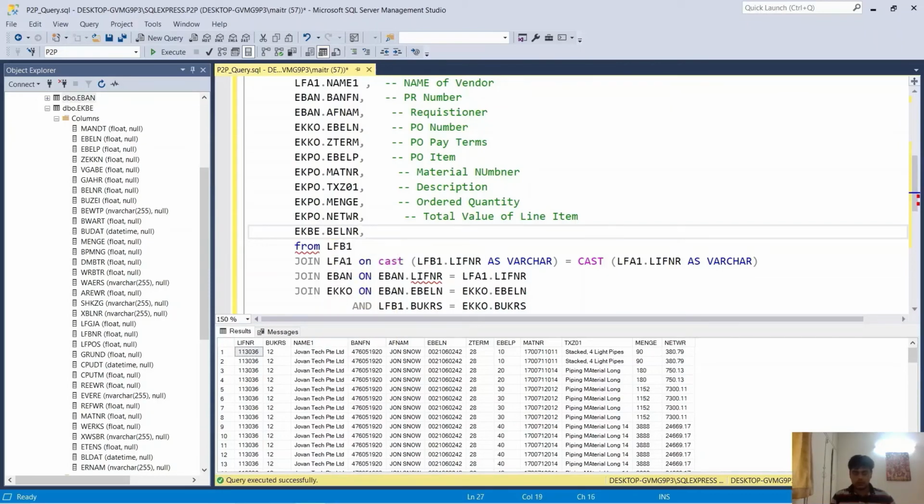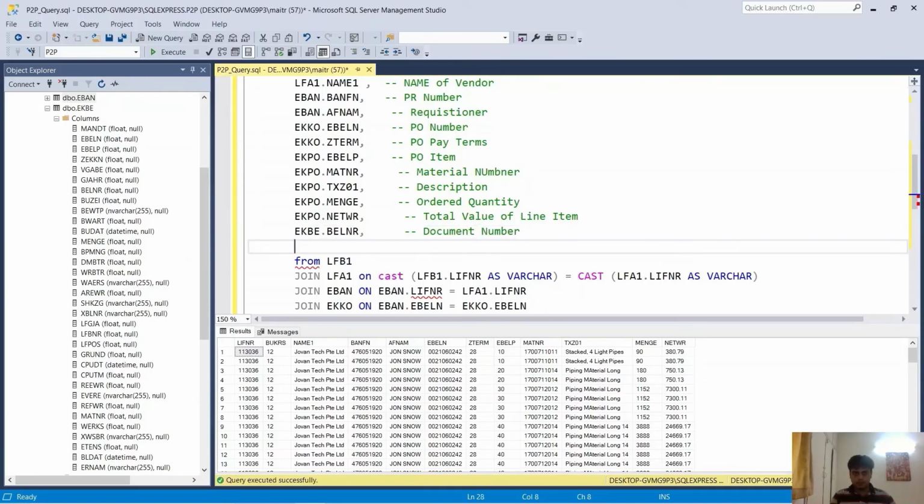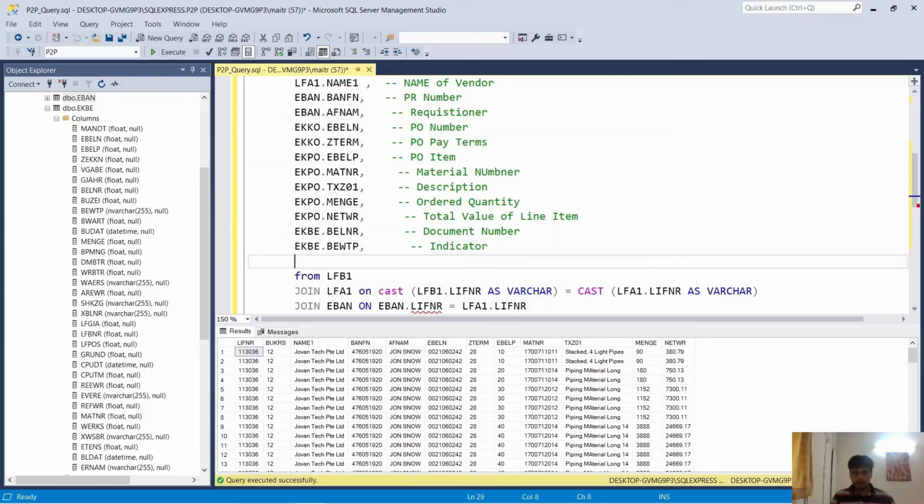So this is your document number. And then EKBE dot BEWTP. This is your indicator. And then EKBE dot MENGE is your quantity,